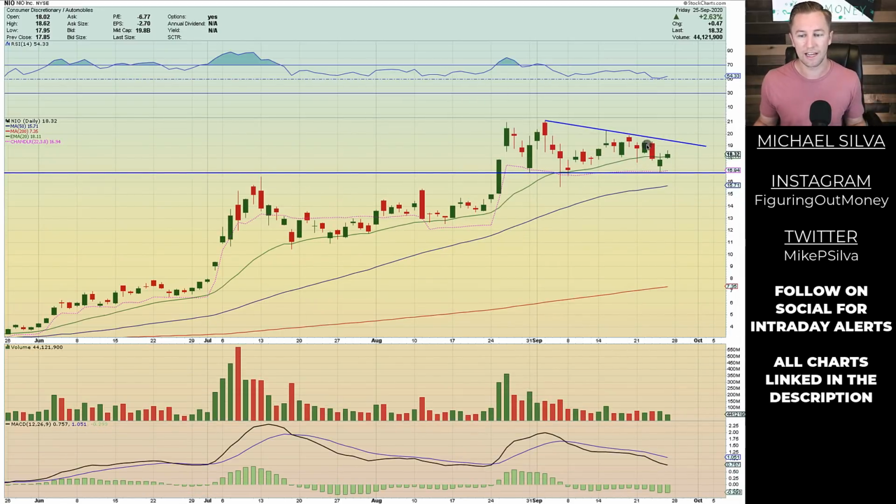Ticker symbol NIO. This one is also just looking pretty good. It's a descending triangle, mind you, right? However, we do have some nice support here on this horizontal line. You can look back here. The price action came up, got rejected. We broke above, and then it's held as support multiple times. But the